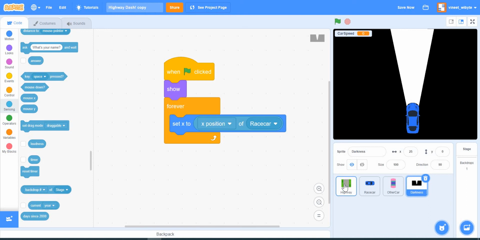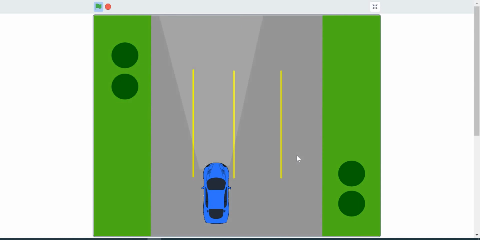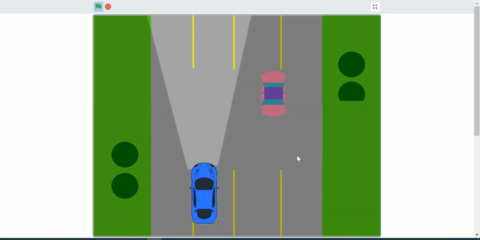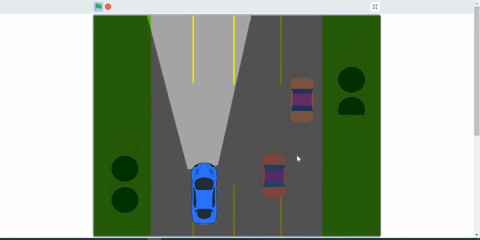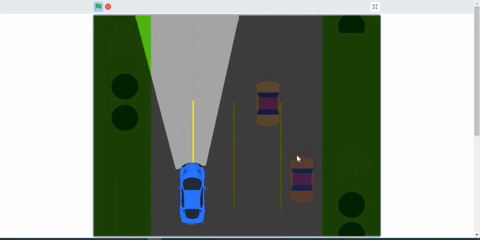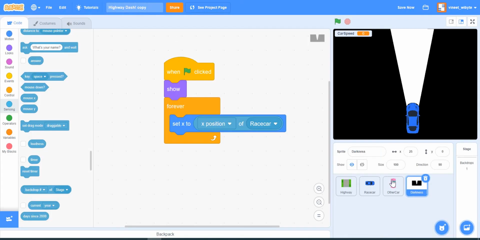All the cars should move on top of that, but I want the darkness to go and hide the other cars. Notice in my game, darkness hides the other cars, but it does not hide my car. As the darkness is falling, other cars are getting hidden, but my car is still visible. So I'm going to follow this. I'm going to make the other cars go to a layer which is above the highway but below darkness.